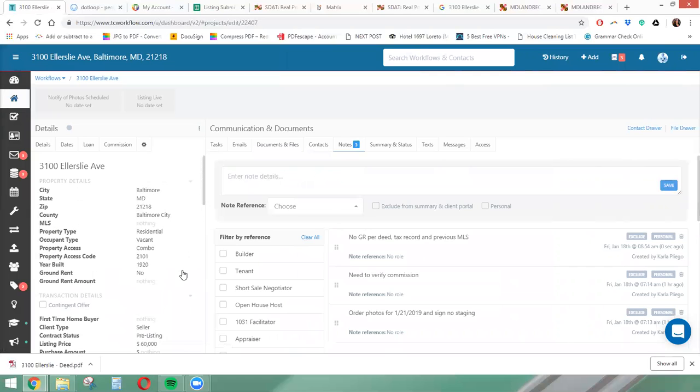And so now we're ready to move on to the next phase, which is creating the listing agreement, which is going to be on a separate